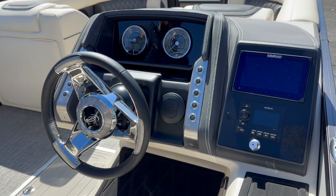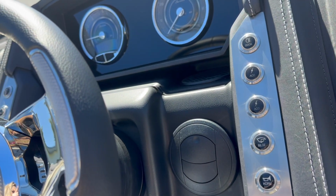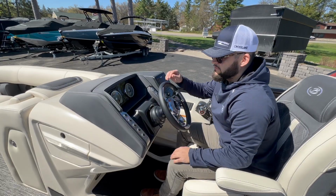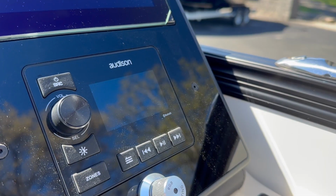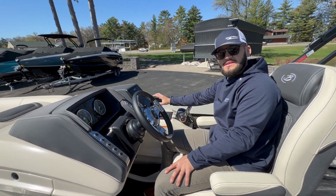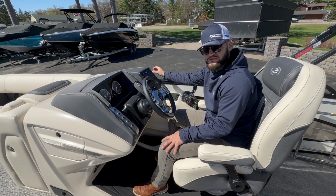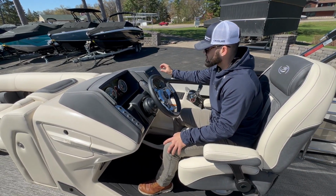At the helm, we have our push button controls on either side of the steering wheel. This controls our floor lights, accent lights in the cup holders. We have our Mercury SmartCraft gauges for our tachometer, and then we do have a standard speedometer as well. Over here we have our Audison head unit. This is the premium sound system in the marine industry. We also have our Simrad touchscreen over here as well. This can be used for digital motor display with those tachometer and speedometer readings, as well as our maps and